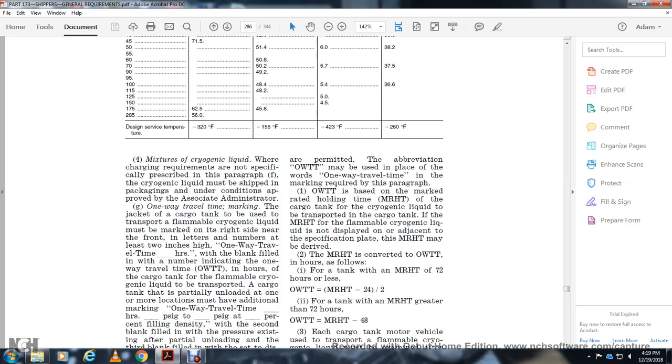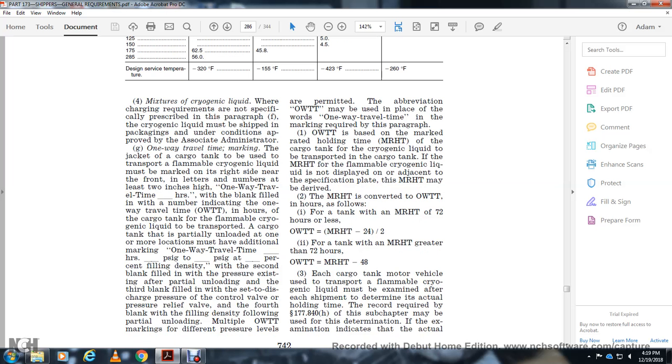The 1-way travel time blank per hours by PSI gauge per percent filling density, with the second blank fill with the permanent pressure existing after partially unload, with the third blank fill with the set with the discharge pressure with the control valve with the pressure relief valve, with the 4 blank with the filling density following the unload. With the multiple 1-way travel time marked with the different pressure level with permanent with the operation on 1-way traveling time may be used to play with the words 1-way travel time with which the mark with the required with the